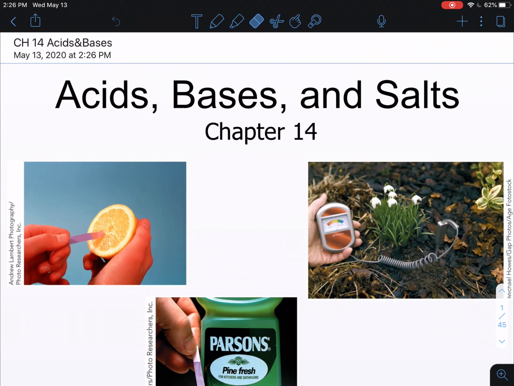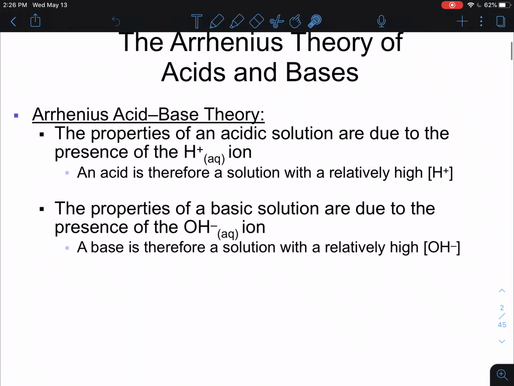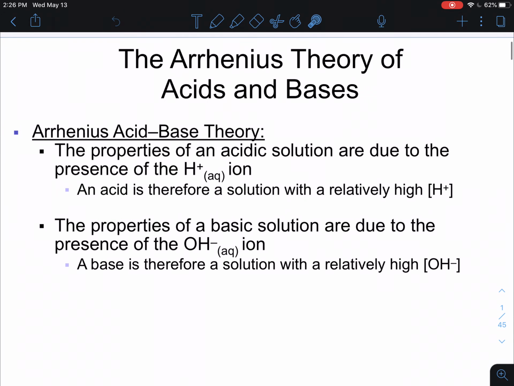Hey class, last chapter, chapter 14, acids, bases, and salts. A lot of this, or the very beginning, is stuff that we already know. We already learned about one type of acid and base. This is the Arrhenius acid base. This actually comes from Arrhenius theory. Again,